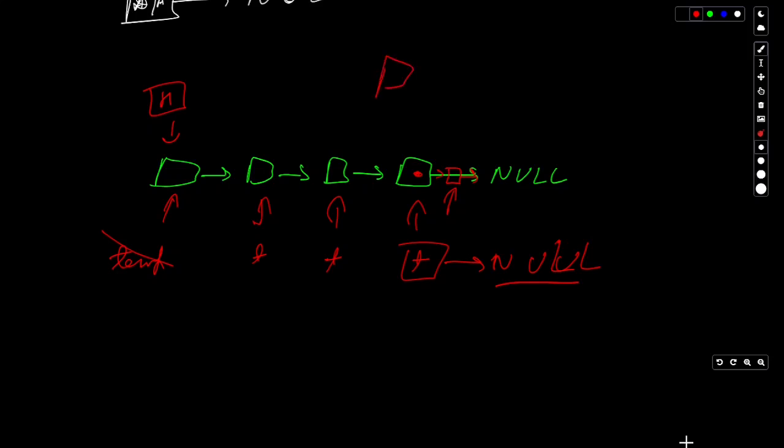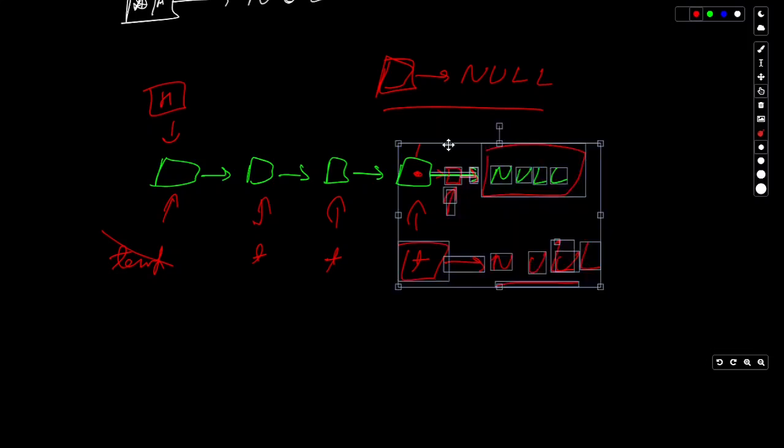Look at every last node in a linked list: it will have its next assigned as null, and we want to reach that point. We will take our temp and reach the node whose next is null. If a particular node's next value is null, then we will add the node that we have created. Now let's draw this particular thing again.